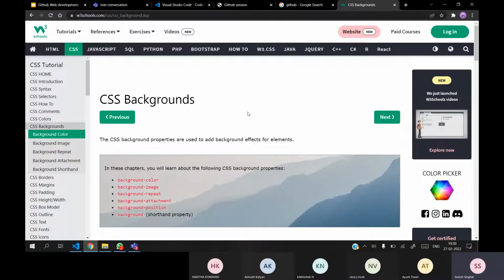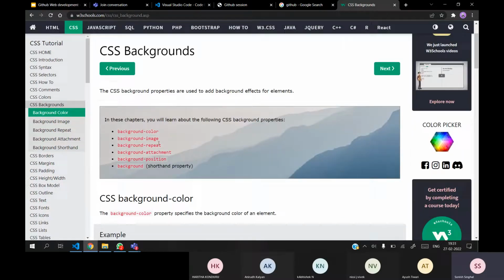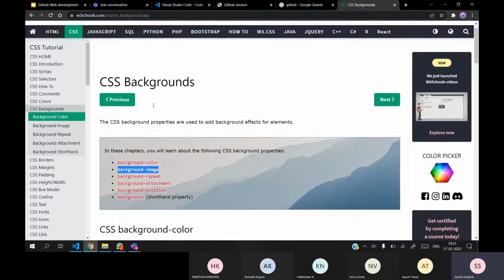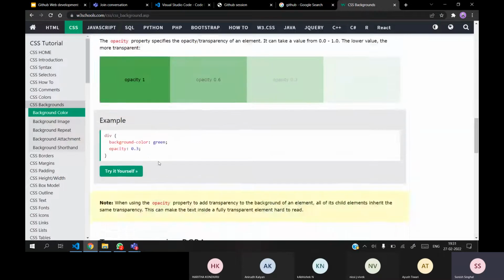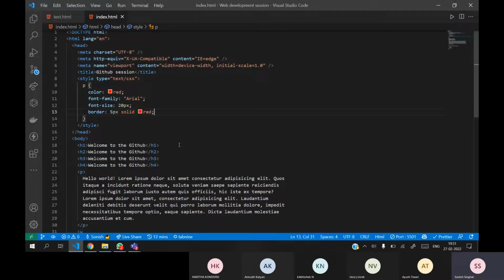Remember one thing in web development: we don't have to memorize things. We just need to know how things work, and if you get some error we can find it. We just need to understand how things are working. We don't have to mug things up; you can directly search. If you want to add the background, you can also search background image. And W3Schools is a quite amazing website for CSS. If you want HTML and CSS, you can also look at this website as well.